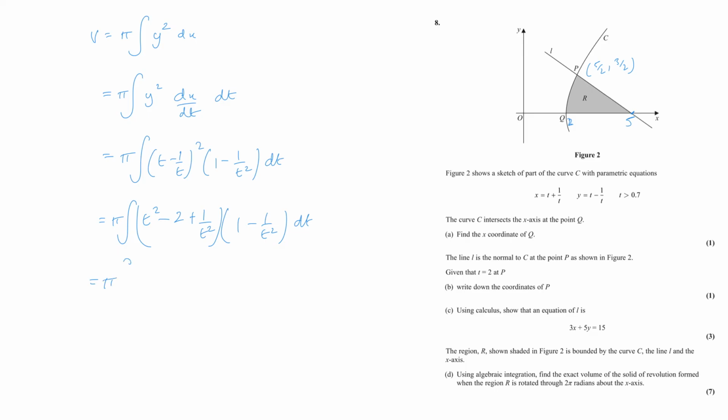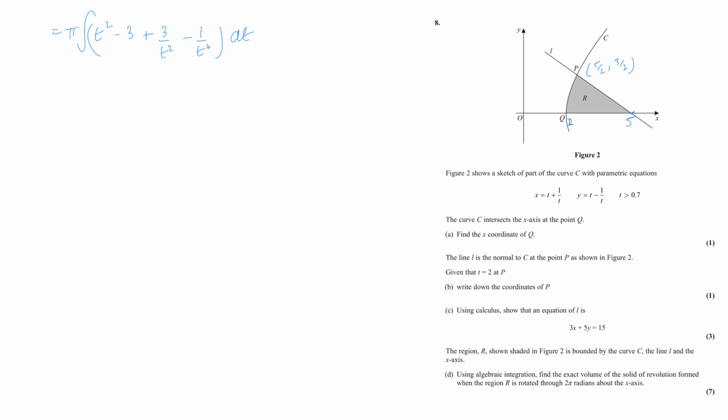And then expanding the brackets, we've got t squared times both of them first. So t squared minus 1. Now times in minus 2 by both, so minus 2 over t squared. Sorry, plus, because there's two minuses there. And then plus 1 over t squared minus 1 over t to the 4 dt. So that equals t squared minus 3 plus 3 over t squared minus 1 over t to the 4